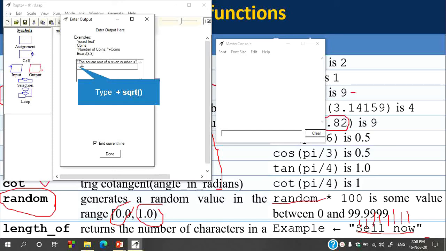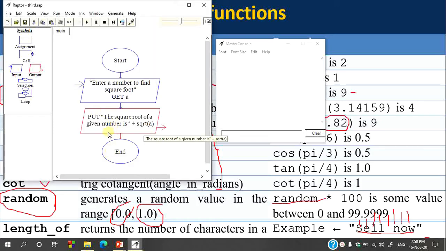So if you want to find the square root of a given number, you can use a function called sqrt function, sqrt of A. So what it will do is, it will display a message, the square root of a given number is followed by the square root of A.